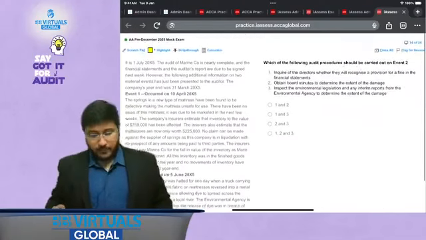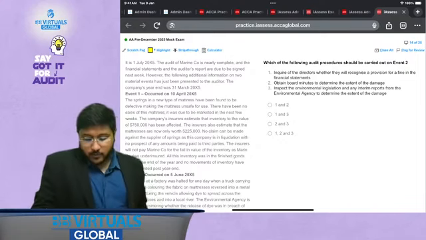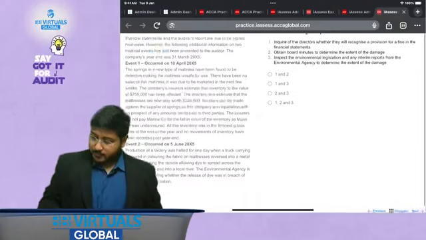Now option 4, question 4. Okay, question 4. So which of the following audit procedures should be carried out on event 2? Again we have to read the event only. And fifth one,